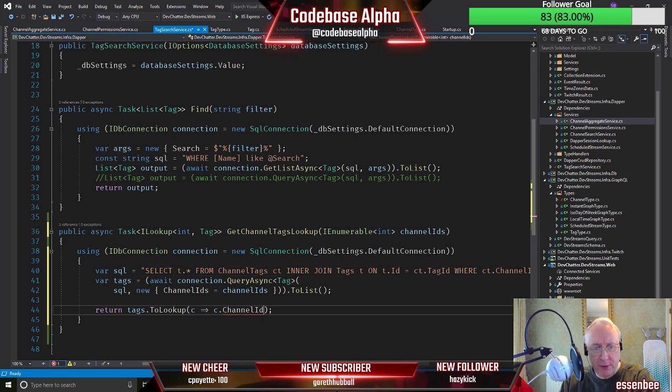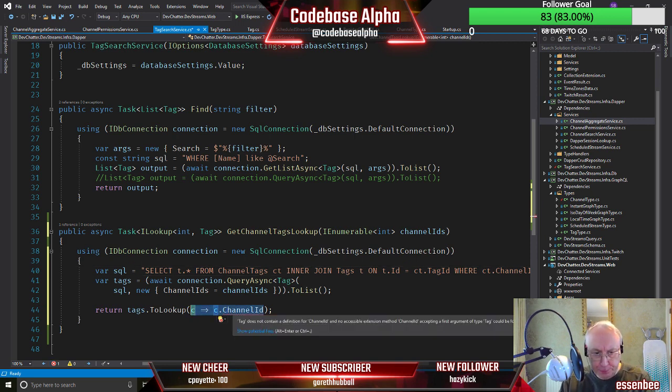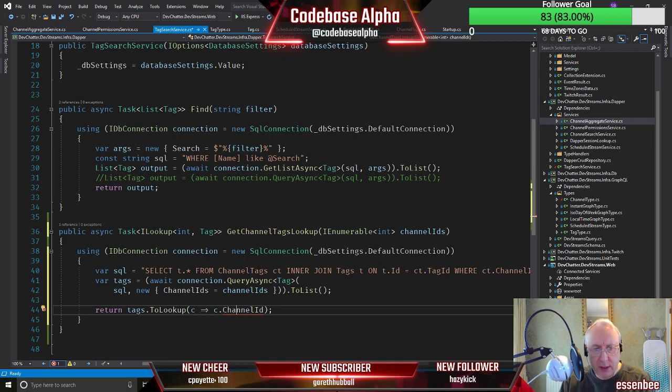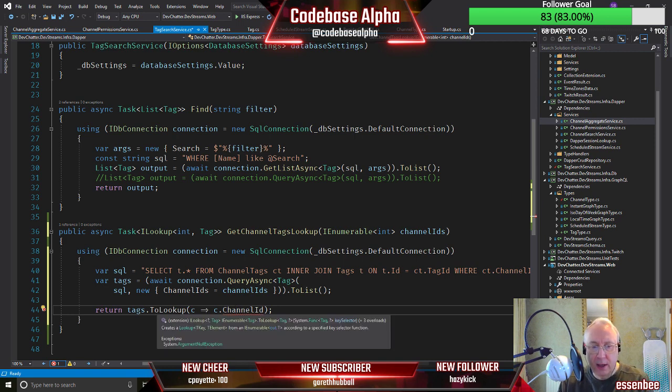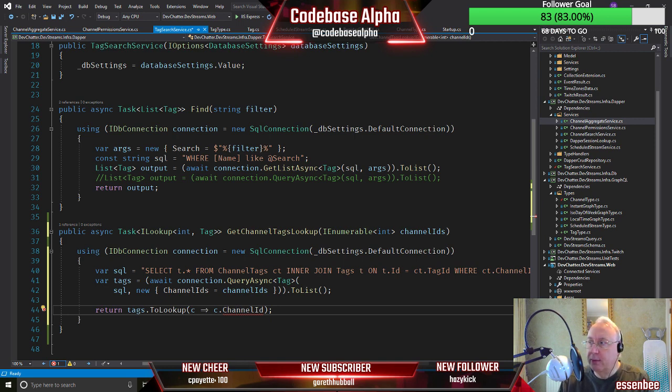We're not able to convert. We can get the tags back, but we need to convert it into a lookup, and we need to know what the grouping value is, and the grouping value is going to be our channel ID. So that's how this works. Basically, a lookup is a dictionary, so it's got a key, and that key needs to be our channel ID. But instead of a simple value, the value is actually an enumerable. So we want to populate in the